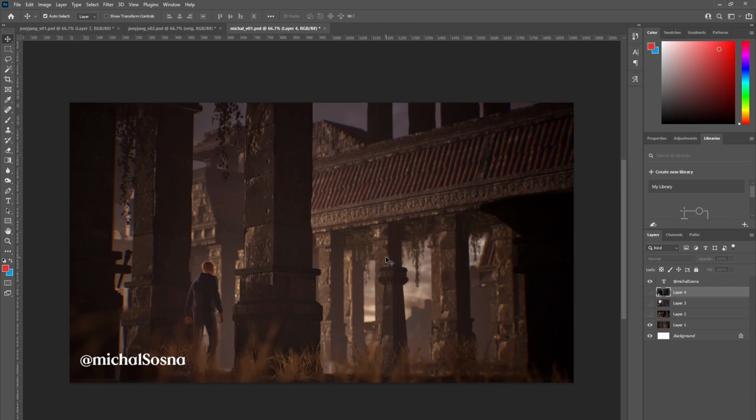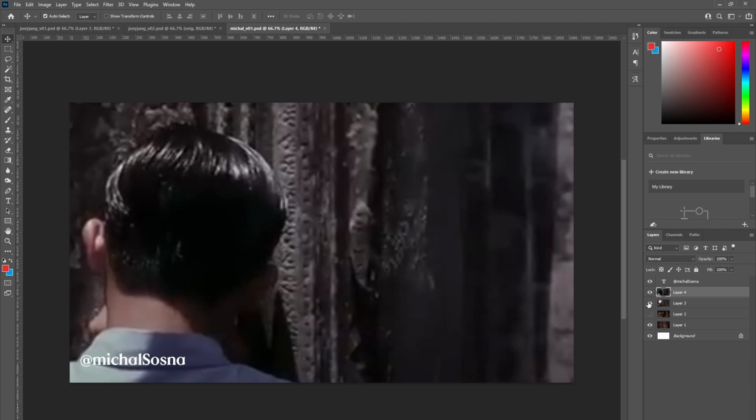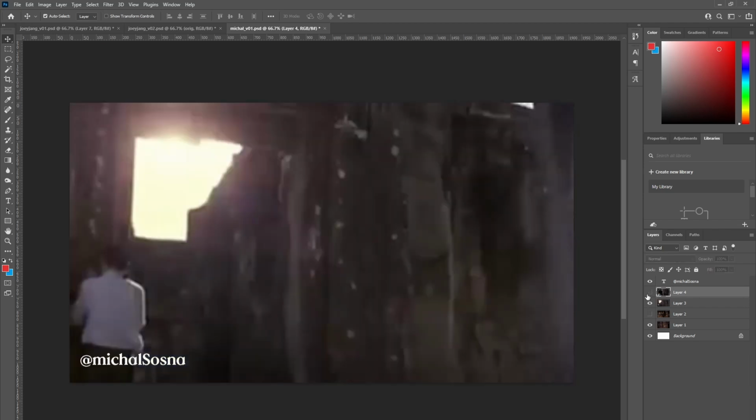Today we're looking at Michal Sosna, and Michal's done an Unreal Engine piece set in a temple, an ancient temple, and using some reference images and footage from Wong Kar-wai's In the Mood for Love.